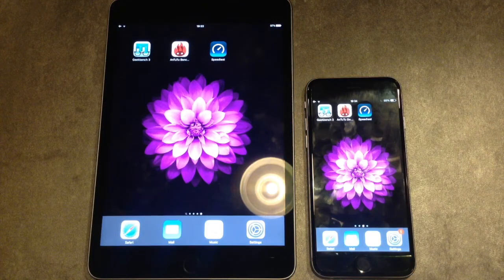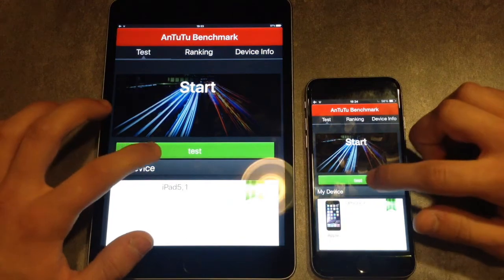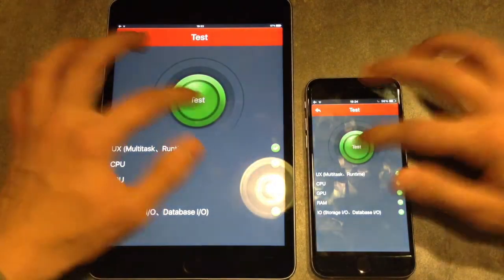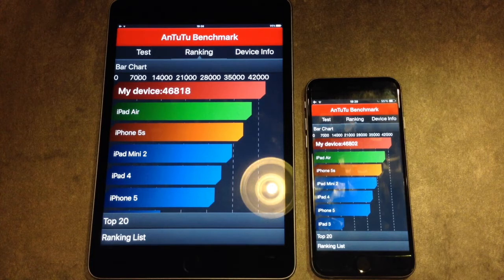The next app will be Antutu Benchmark, and we're going to hit start and test. I'm going to skip the loading because it takes too much time, and skip to the results. Here we are with the scores. On the iPad mini the score is 46,818, while the iPhone 6 is 46,802, which means that the iPad mini 4